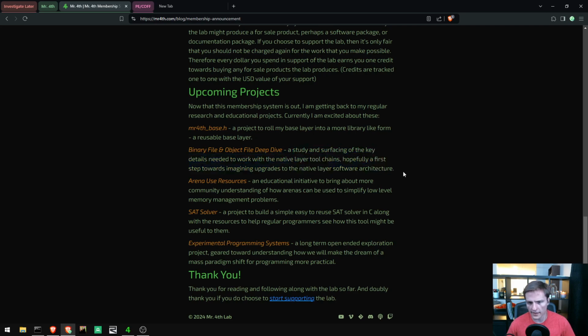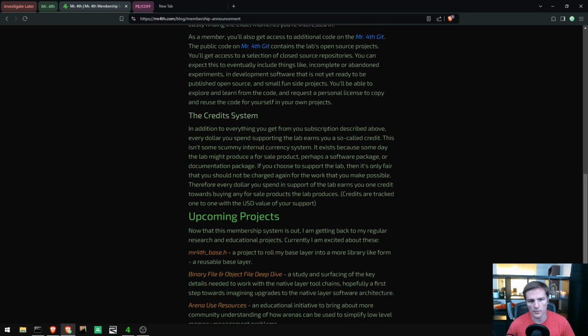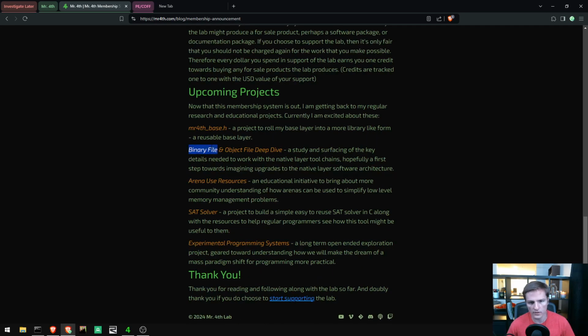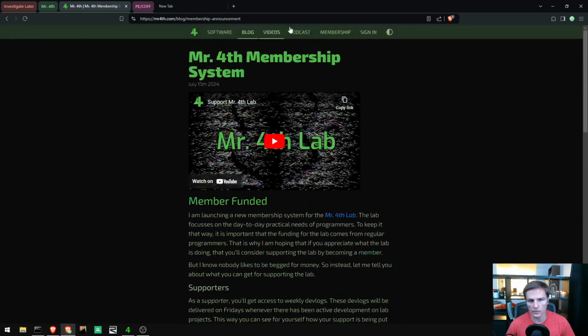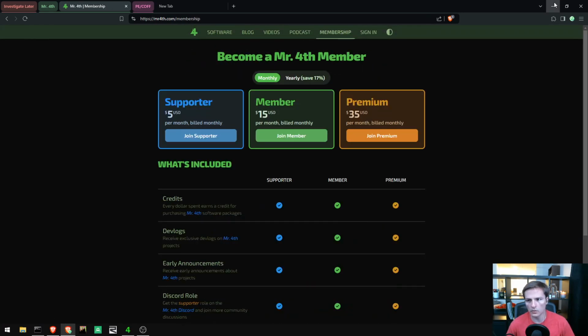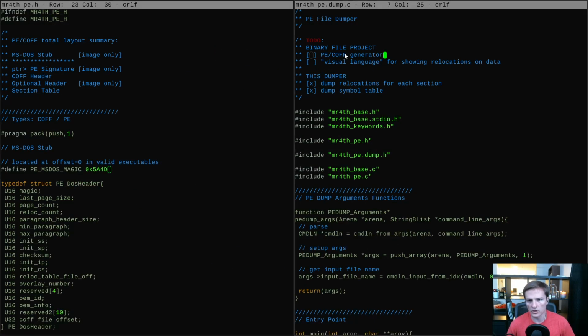For the last couple weeks, what I was doing is dumping out PE COFF files, which is one type of binary and object file format that's used on Windows. And the dumper has gone to the point where it's pretty good. So the next big step that I think would be worthwhile is to go make a generator instead, right? So instead of reading in a PE file and dumping it,